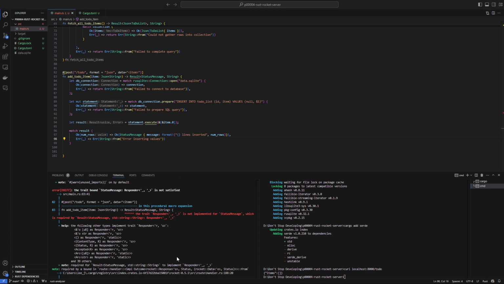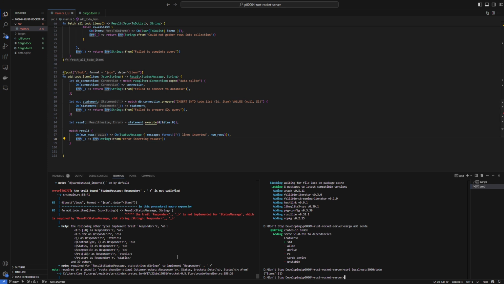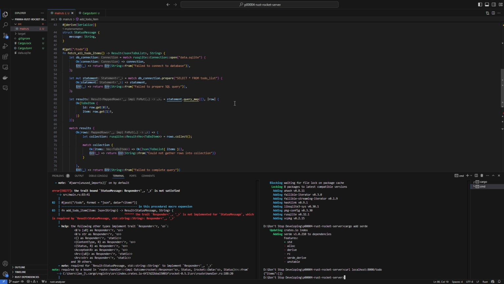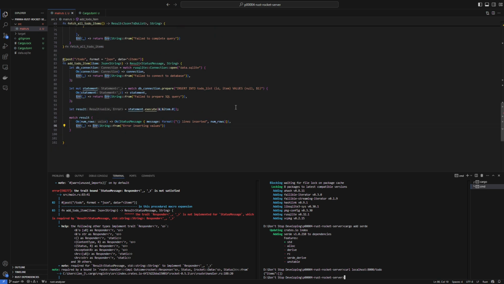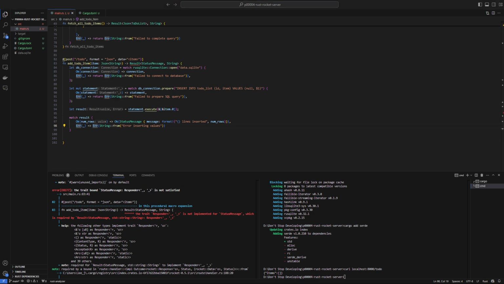Before I go looking at my old version, I'm going to ask Copilot about it. Copilot's explaining that I'm supposed to implement all this stuff for status message, and I really don't, I know I don't need to do that, so I'm going to go check out my older one and see if that gives me any insight into what,